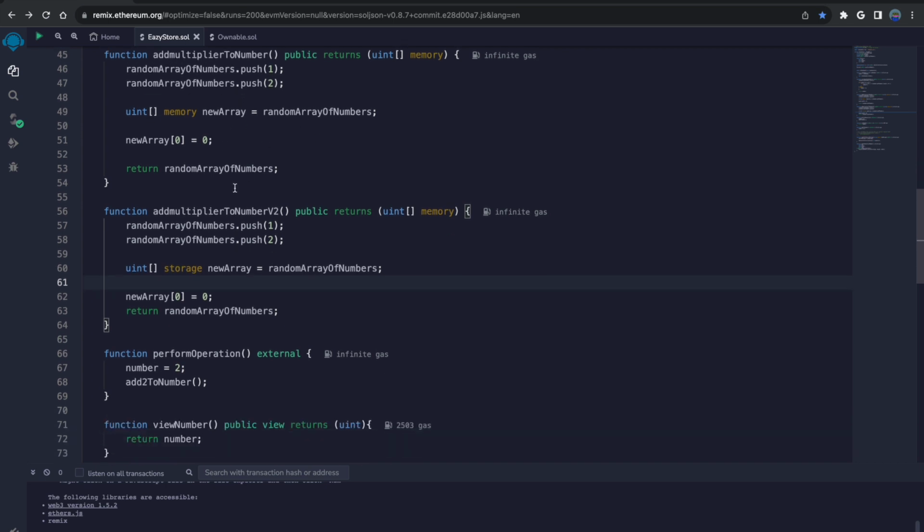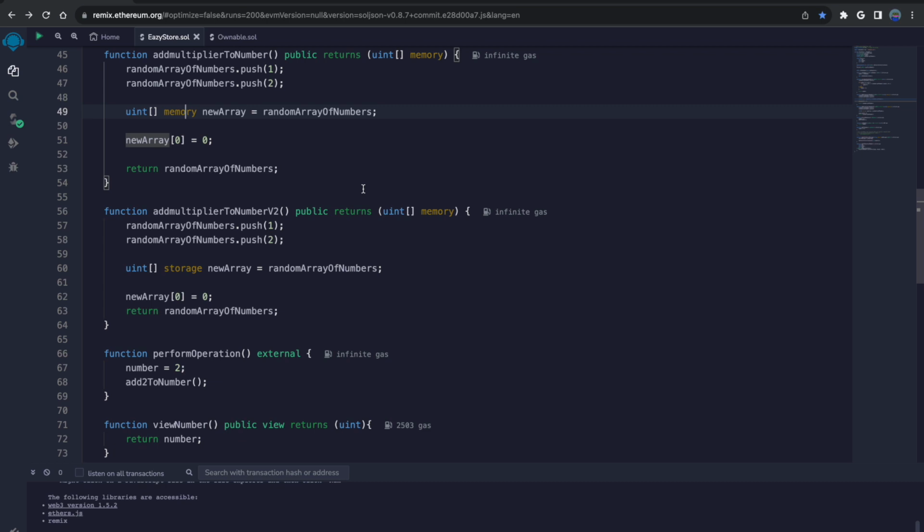You're going to see that there's going to be some interesting feedback from this function or from the smart contract after you run each of these functions. I'm going to give you a hint, but what you're going to notice is that random array is going to change because we've used the storage keyword, and you're going to notice that memory did not change after using this keyword.